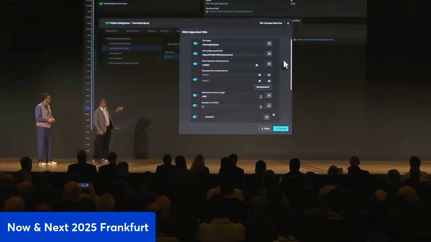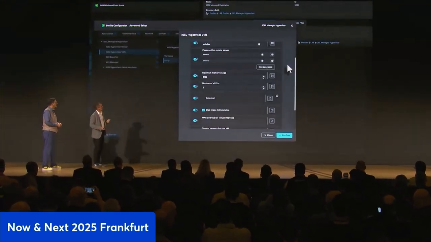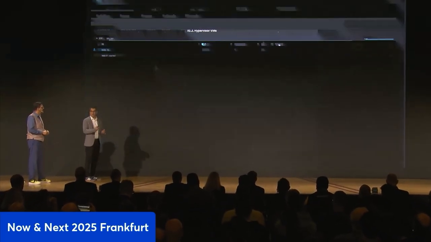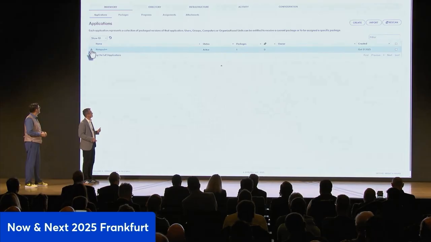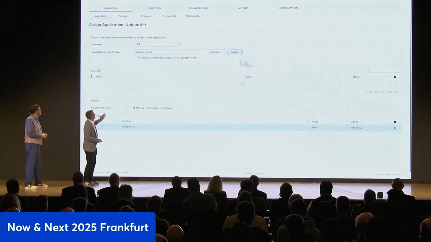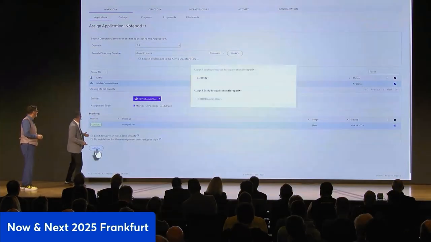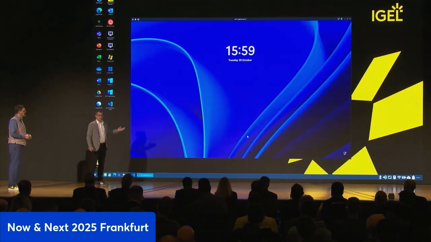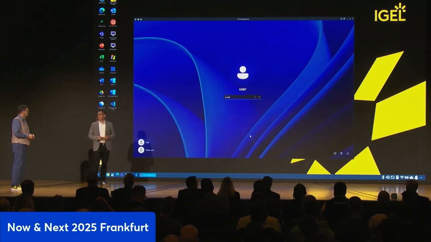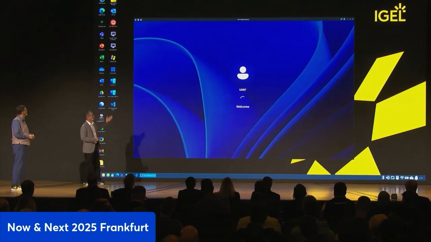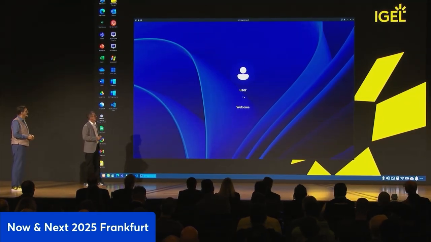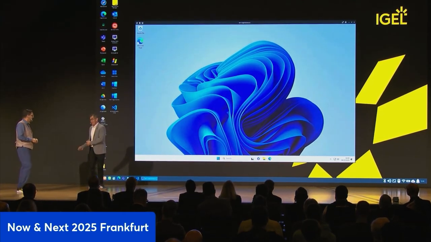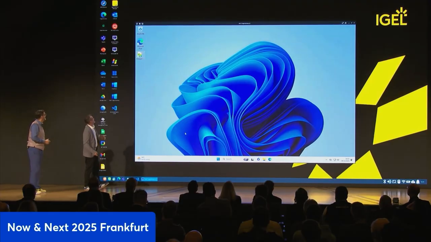So as you can see here, as you mentioned, the immutability feature, you can make this disk immutable, which means that it'll refresh, giving that value of the non-persistent desktop. But in App Volumes, you're able to assign an application. We're going to use Notepad++. And that application is able to deliver straight to the machine, straight to the IGEL device, and in the Windows environment for that device. So that when the user logs in, much like getting your luggage when you get off the plane, you're able to see the application right there on the desktop.